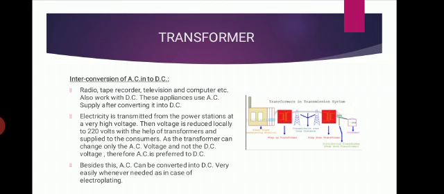Then this voltage is reduced to 220 volts with the help of step down transformers and then supplied to consumers. As the transformer can change only the AC voltage and not the DC voltage, therefore AC is preferred to DC. Besides this, AC can be converted into DC very easily whenever needed, as in the case of